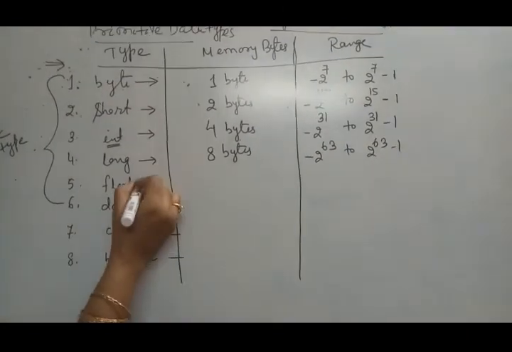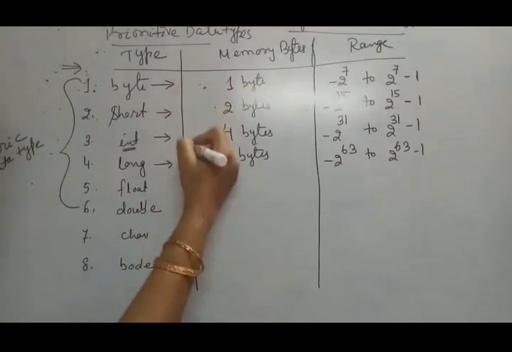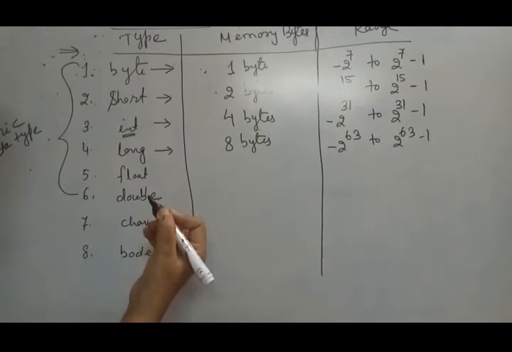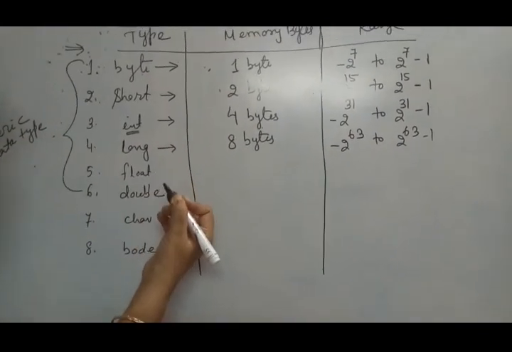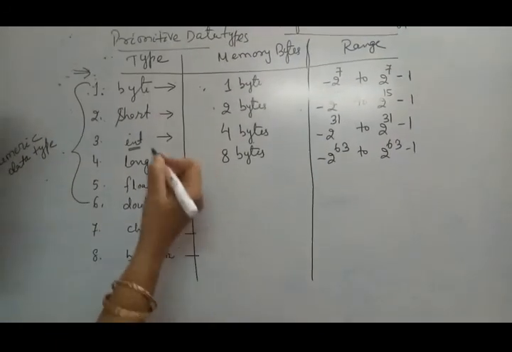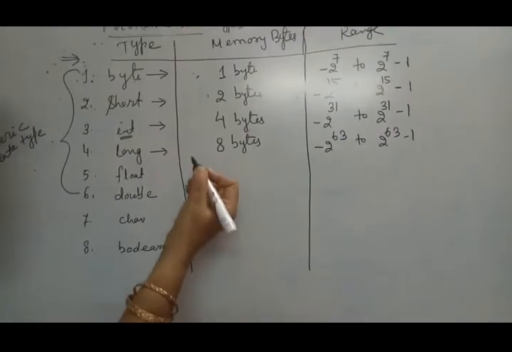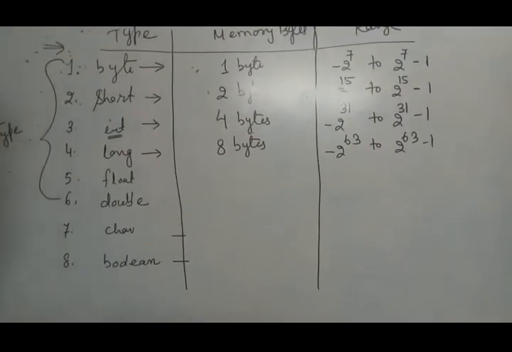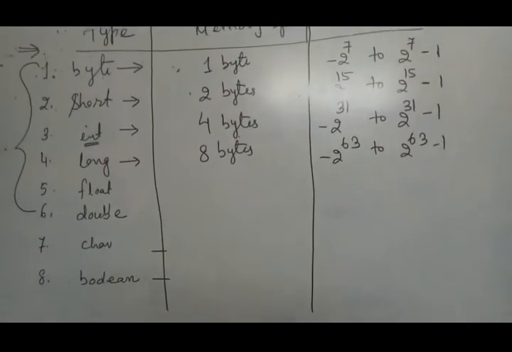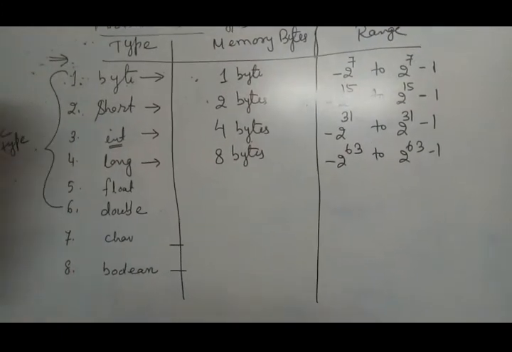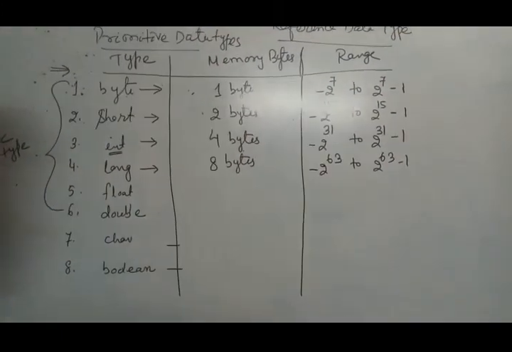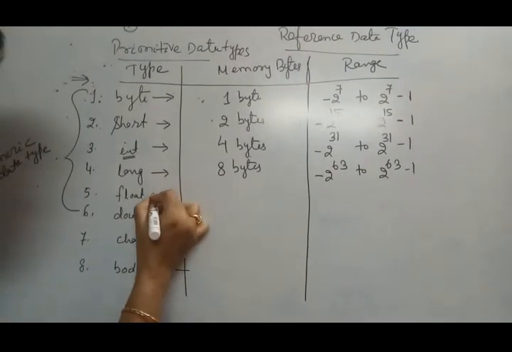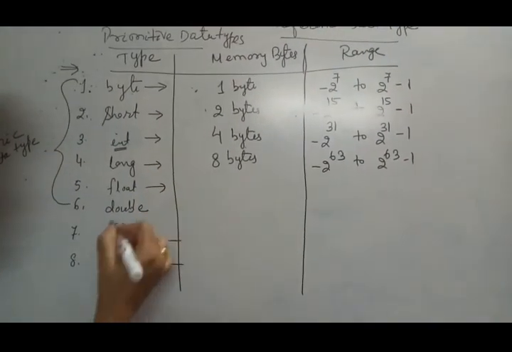Then comes these two. Integer numbers are over for storing integer literals. Any one of these 4 data types can be used for declaring a variable that is meant for storing an integer literal of various range of capacity. Now then comes the floating point numbers, or fractional numbers, or numbers using a decimal point. Two are there, one is float and the other one is double.